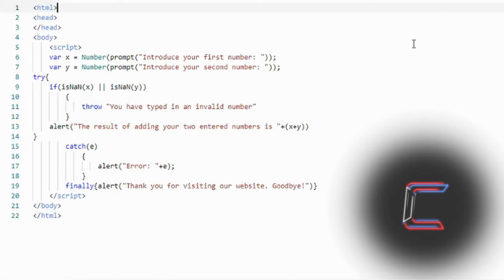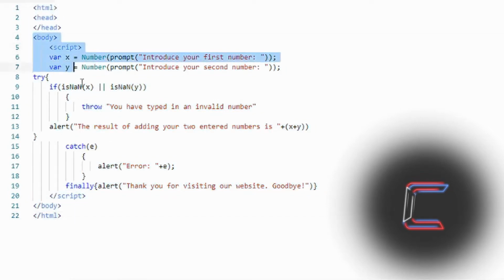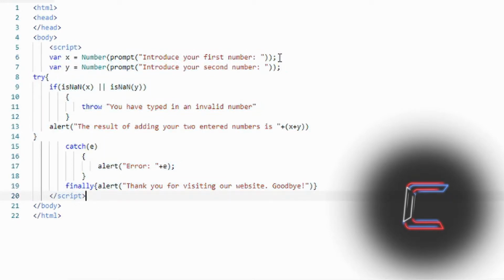Error detection and handling in JavaScript. In this HTML document, within my page's body, I have written JavaScript code for a web page that will prompt the end user to enter in two numbers one at a time using pop-up boxes that will appear once the web page loads. In order to detect whether the user has typed in a number or not, I've used a